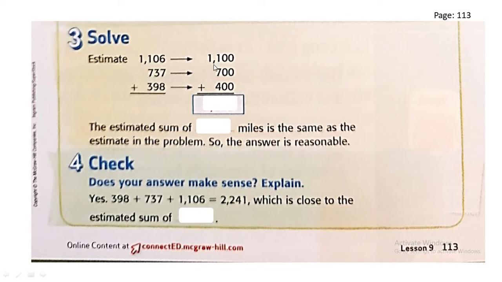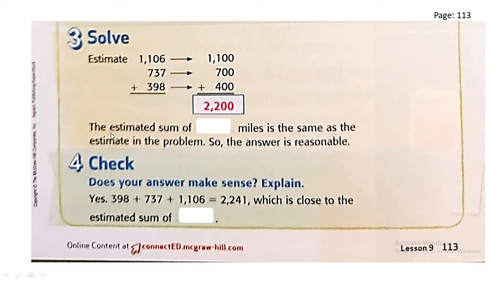Then we will find the sum. So 0 plus 0 plus 0 is equal to, I think you said 0, right? And 0 plus 0 plus 0 is also 0. And hundreds, 4 plus 7 plus 1 is equal to 12. So now we have to regroup, right? So we will write 2 and 1 in the thousands. So the final answer is